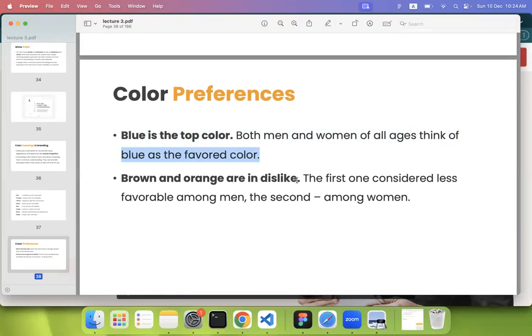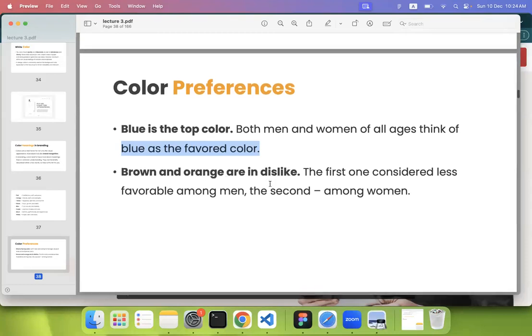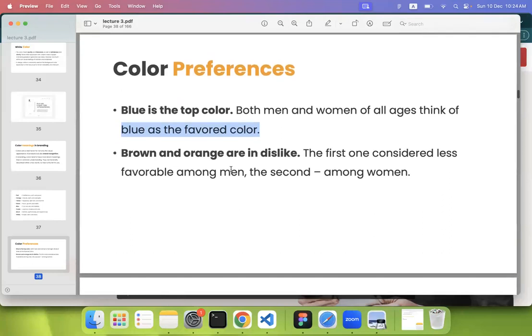Brown and orange are disliked. The first one considered less favorable among men and second among women. So brown color was less favorable by men and the orange by women. So you have to take these color likability of different demographics into consideration as well,